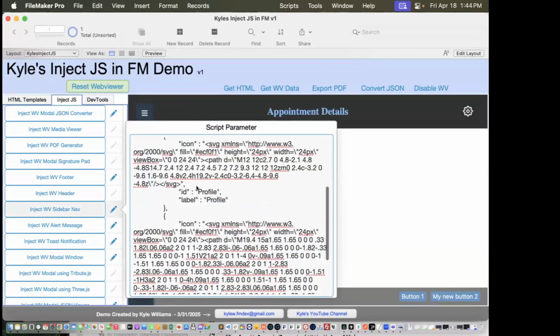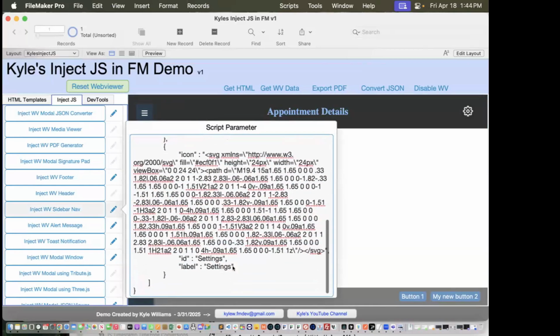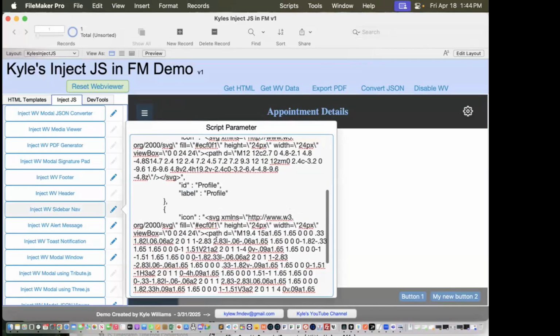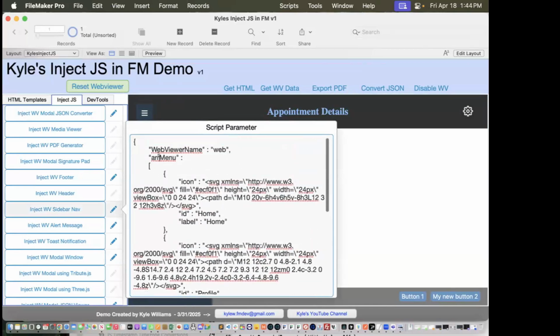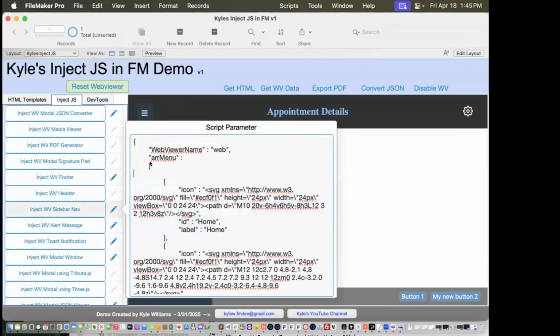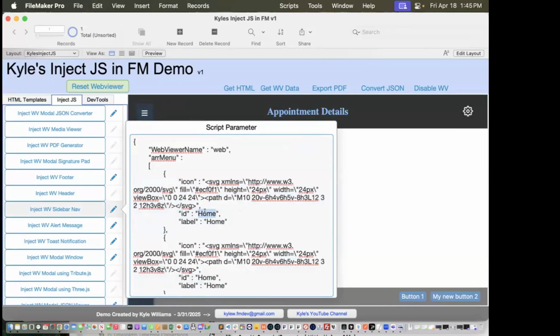So the sidebar is fully customizable. There's the JSON. You can change the labels, you can change the icons, all of that's right here. You can add more because it's an array menu, so you can add more items in here if you wanted to. So if I wanted to come down here, paste another one, and